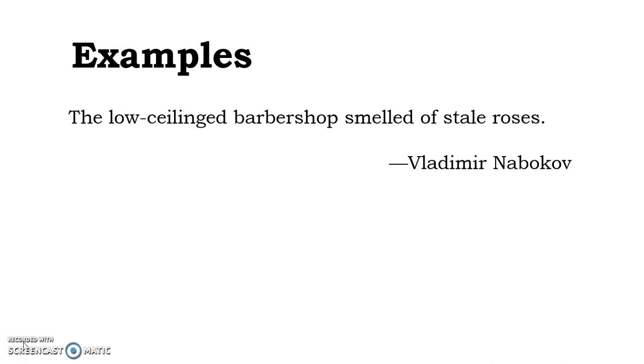Nabokov: "The low-ceilinged barber shop smelled of stale roses." What's the main action? What's the verb representing that main action? That's right, it's "smelled." So then we ask ourselves, to discover the subject, who or what is smelling of stale roses? The barber shop. Now, you see those words to the left of the subject, "the low ceiling." Those are modifiers,